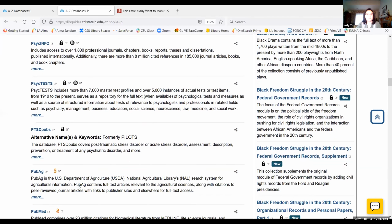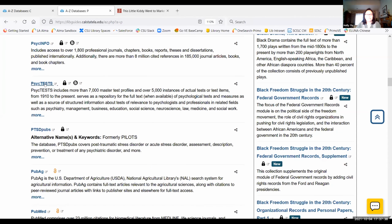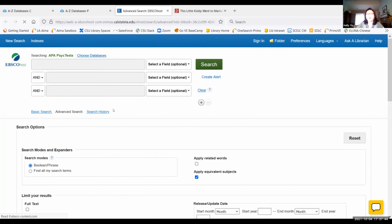And then we also have Tests in Print. And you can just click. And since I've already logged in, I jump right in, and it tells you APA PsycTests. And then you can just type in the testing instrument that you're looking for, maybe not the whole name, just a couple of keywords from that particular test, and you will get